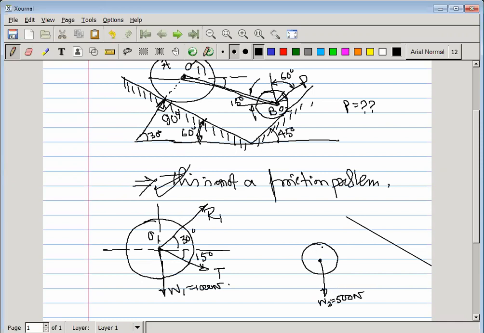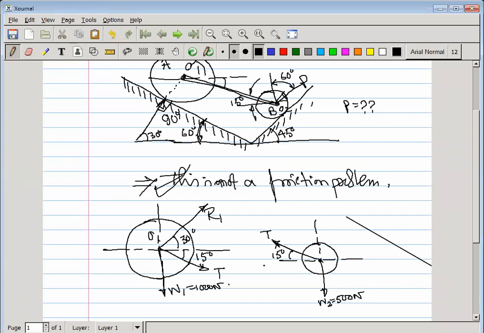Clear? If we draw the axis, we can find out that the tension in this rod, that is O1, O2, should always be equal. The magnitude of the tension and the angle, meaning the direction, should always be equal. So we have to draw it in such a manner. This is the tension, this is your 15 degree. Similarly, okay.